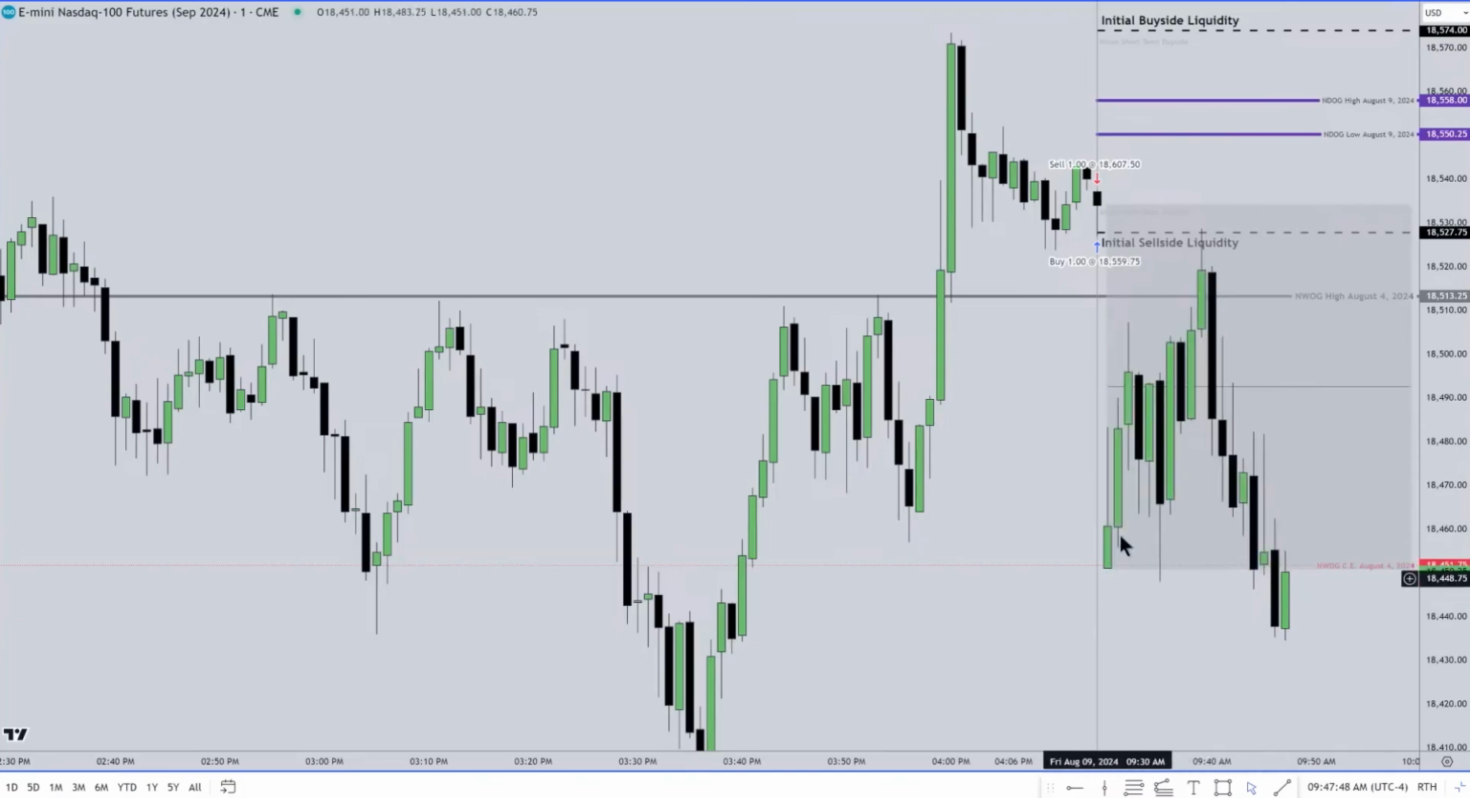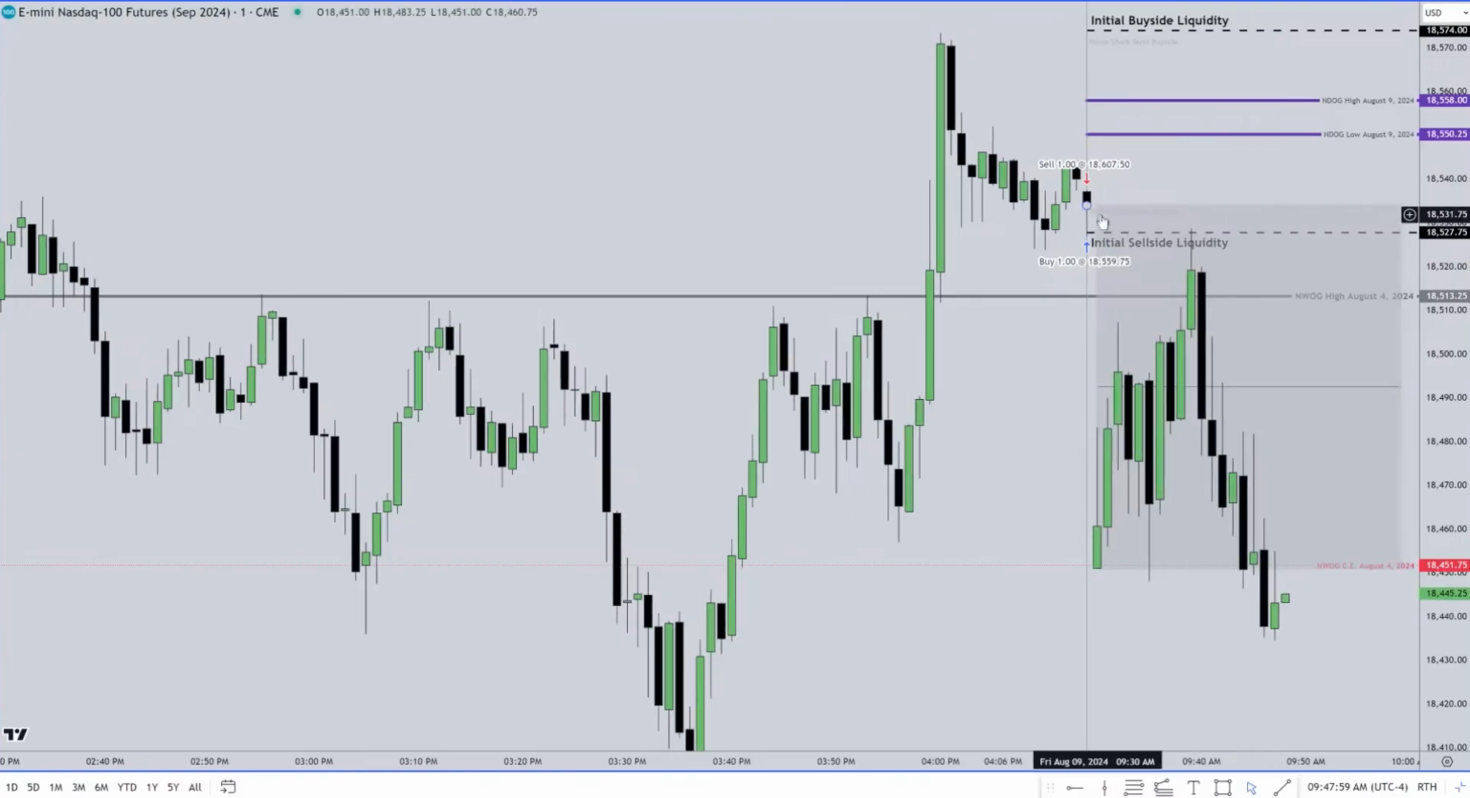Okay, and you can see it does that, and then what does it do? It goes right back down and just bumps the low. And then you get that run all the way up to the initial sell side liquidity, which could have very easily retouched the close yesterday at 4:15 or half of that wick. Okay, so I want to talk a little bit about